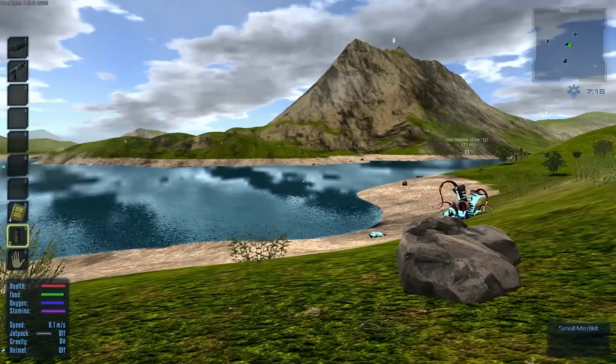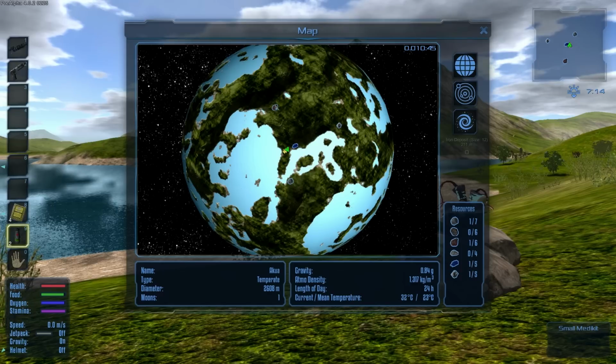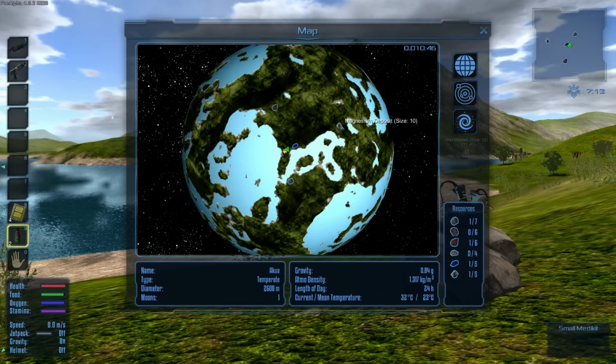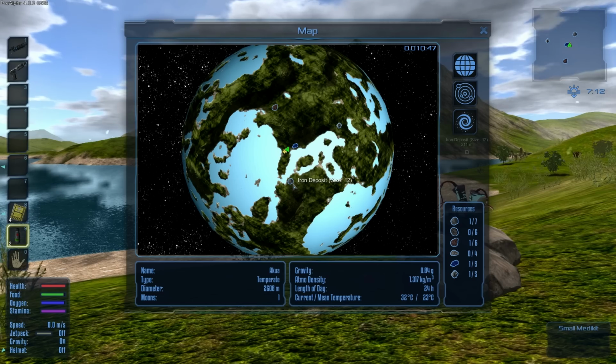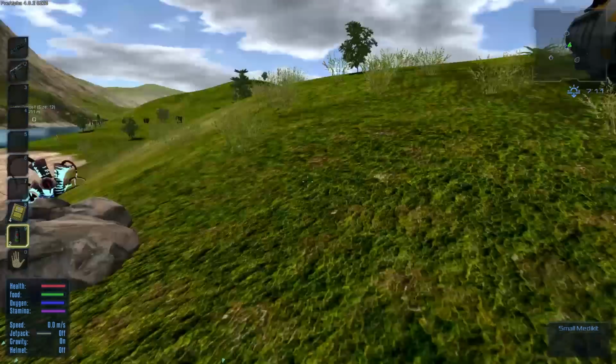All right, now what we're going to do is we are going to go start drilling. So let's look in the area what we have. We have promethium. Promethium is going to be your fuel source. We have copper. Copper is used for like electronics. We have magnesium. Magnesium is good for making ammunition, and we have iron. Iron is good for lots of different things, mostly building stuff. We are going to start...